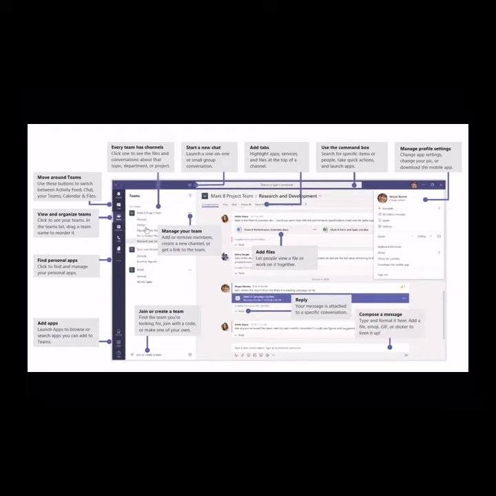And as of late last year, you can now secure the channel to a specific group of people rather than allowing it to be accessed by the overall team. A good example of that is that you could create an HR team where you've got the membership of the whole HR department, and then you could have a private channel within that team for payroll, and you'd only give access to the payroll channel for those people that are authorized to see the payroll data.